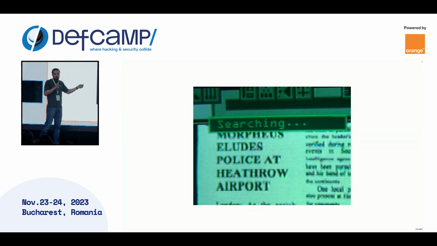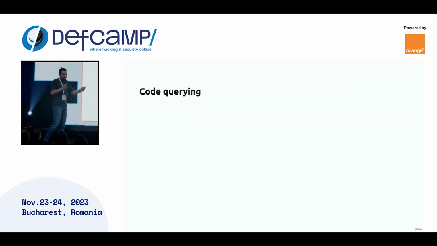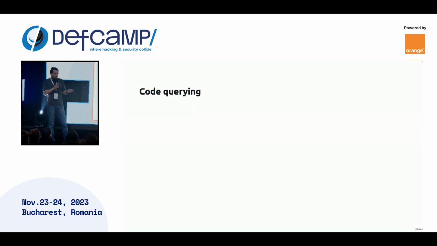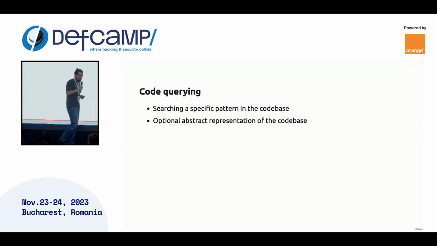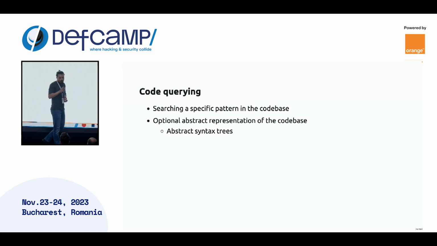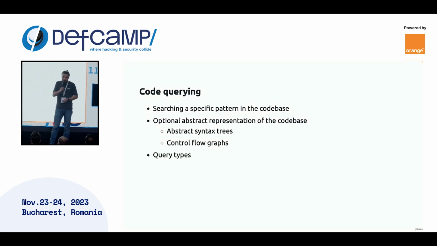And maybe you remember this scene from Matrix. We need to talk about code querying. And this means that we have a specific pattern which may be vulnerable, and we need to search for it in our code bases. We have an optional representation of the code base as something abstract, for example, an abstract syntax tree or code flow graphs. And there are multiple types of query depending on the maturity of the open source solution